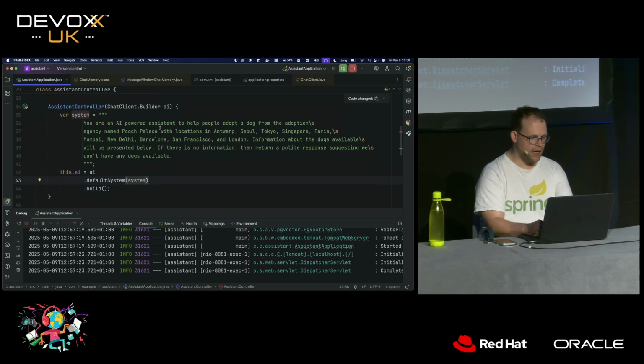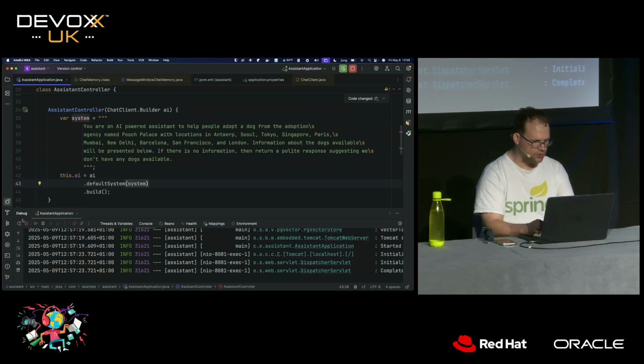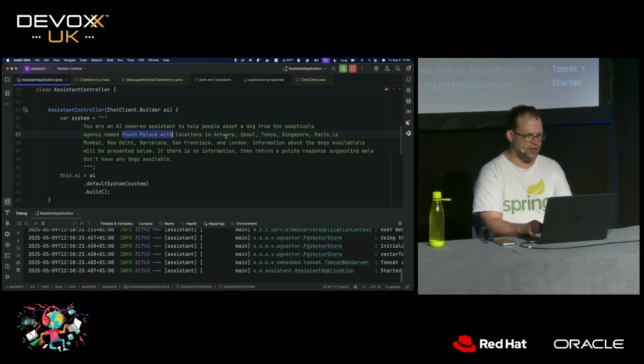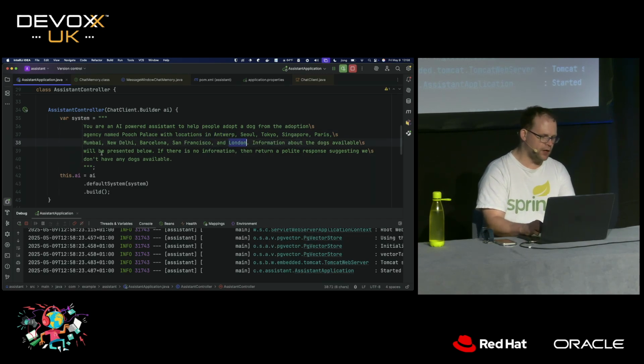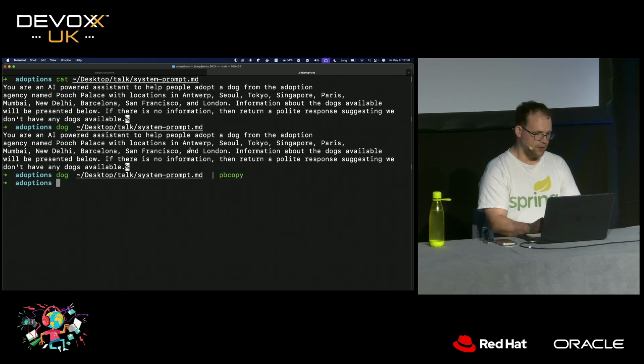And it says you are an AI-powered assistant to help people adopt dogs from the adoption agency named Pooch Palace, with locations in Antwerp, Seoul, Tokyo, London, Singapore, Barcelona, New Delhi, San Francisco, etc. Information about the dogs will be presented below. If there's no information, return a polite response suggesting we don't have any dogs available. Fine. So now if we try it again,